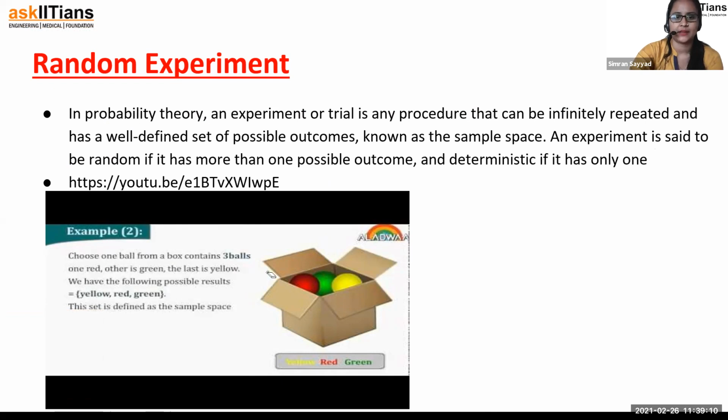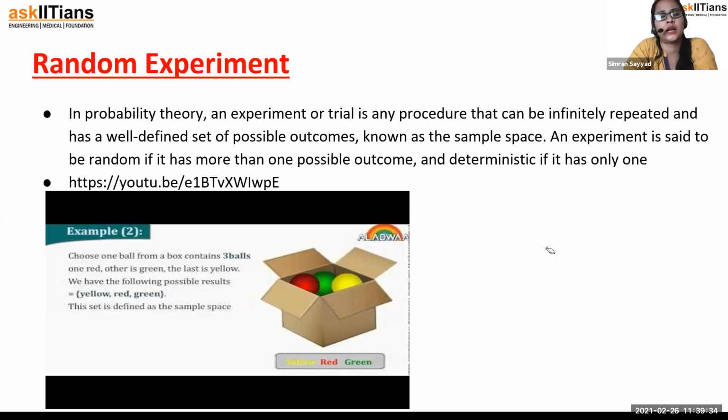Let's see what is a random experiment. It is somehow related to your probability part. In probability theory, an experiment or trial is a procedure that can be infinitely repeated and has a well-defined set of possible outcomes known as a sample space. So a random experiment is nothing but, see, they give us questions